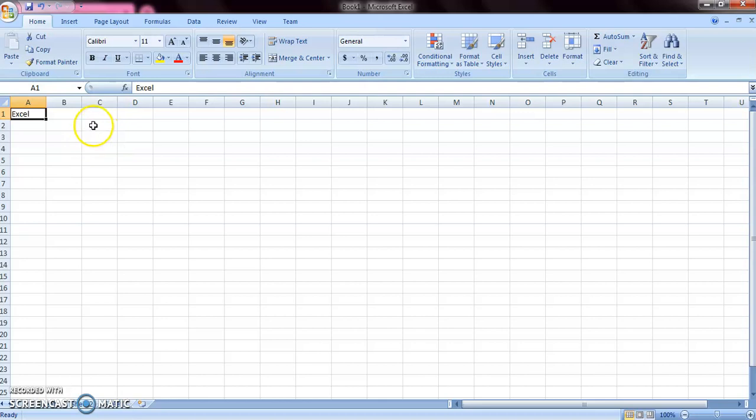Whenever you type anything in your active cell, it appears in the formula bar, but the formula bar also serves another purpose. Whenever you want to calculate something in your Excel worksheet, the formula appears inside this formula bar. That's why it is called the formula bar. For any other content you type in the active cell, it just appears here.